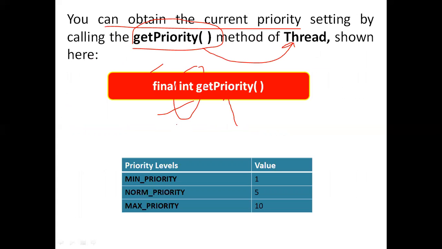If you use this method on any thread, you are going to get its priority, an integer like 1, 2, 3, 4 up to 10. So its return value is integer, and it is a final method. And this table we have seen earlier itself. 1 is the minimum priority, 5 is the normal priority, and 10 is the maximum priority.